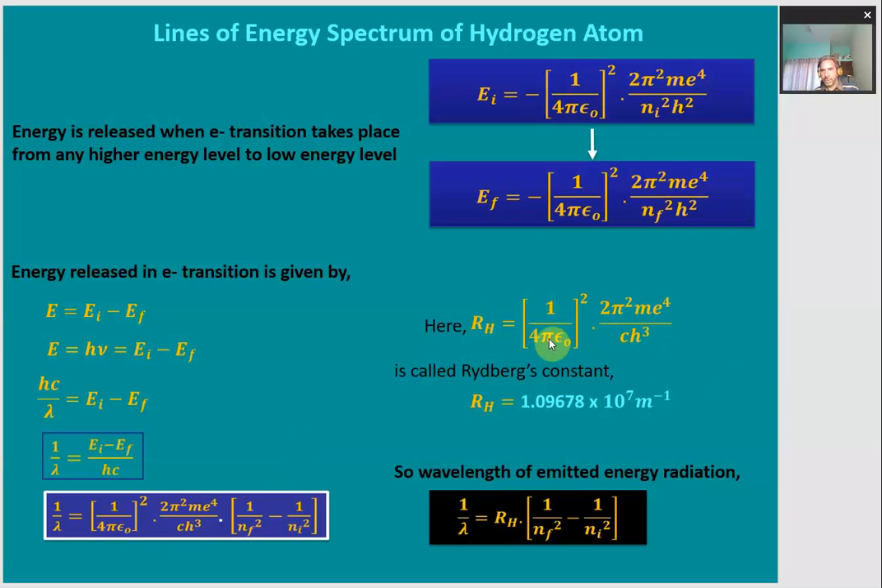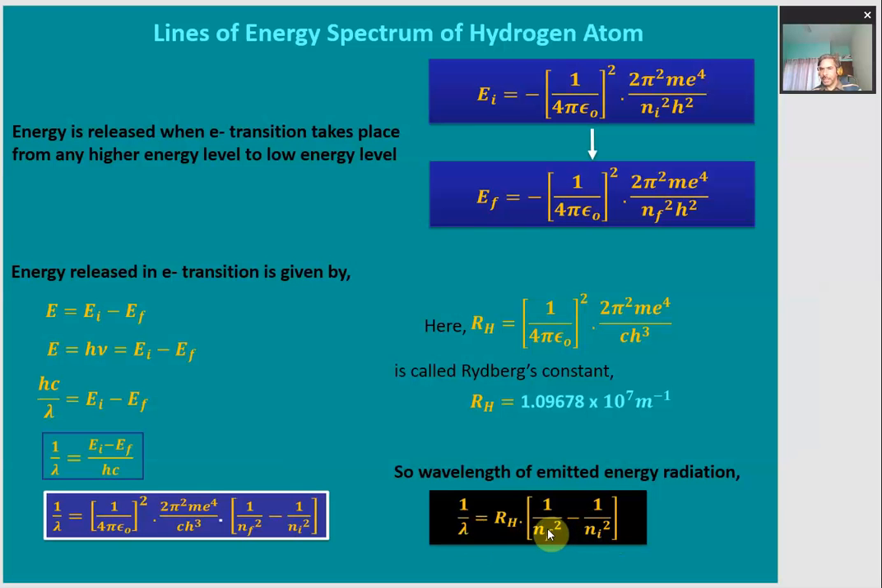So if we substitute all these constants here and make the calculation, the value of Rydberg's constant comes out to be approximately 1.09678 into 10 to the power 7 per meter. So in place of this, we are substituting its value, which we indicate by RH. Therefore this expression turns out to be 1 upon lambda is equal to RH into, inside the bracket, we are left with only 1 upon NF square minus 1 upon Ni square. So the wavelength of the energy emitted will depend upon the energy orbits in which the transition is taking place,